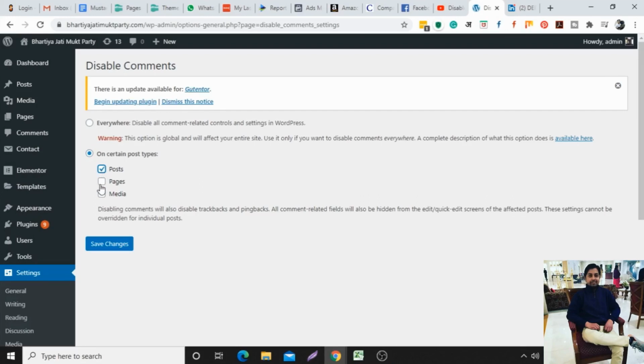Like if you do not want comments on posts, you can select them. If you do not want comments on pages, then you can select pages and media. And if you want to leave some category for comments, you can deselect it or leave it blank and click on save changes.